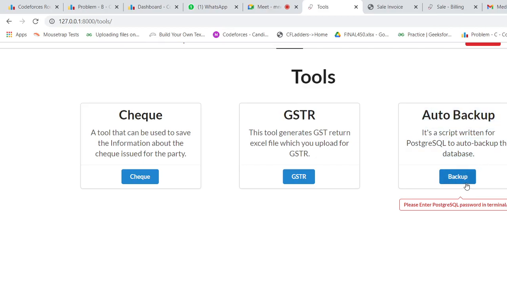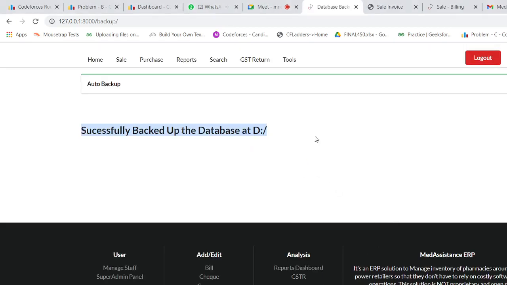If we click backup, it will ask for our database password. If we enter our password, you can see here it successfully backed up the database at D. So we have backed up the data at the D drive, where you can access it.